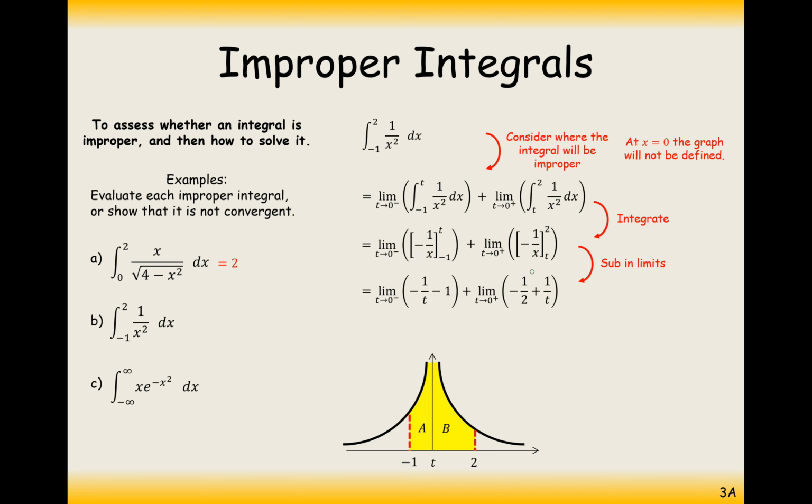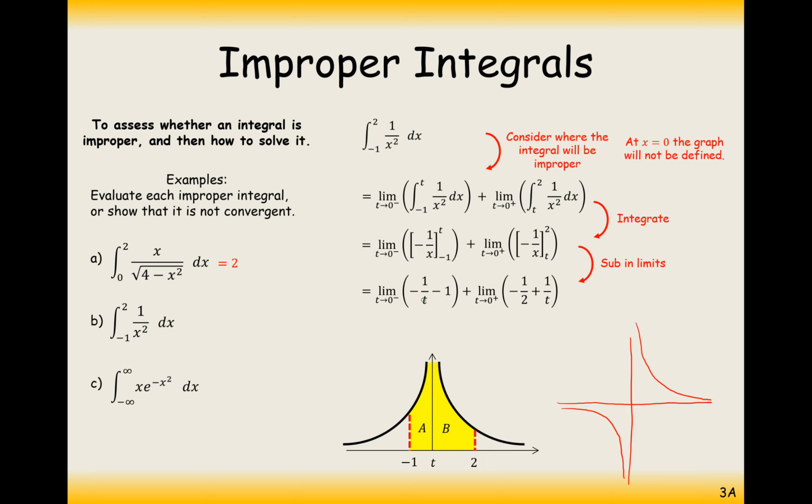We've got the minus a half here, and then we've got the double negative that will be 1 over t. Now this is where it's really important that we have the two different types of limits. It will be the limit going towards 0 on the negative side and the limit going towards 0 on the positive side. So let's just consider what we've got here. We've got the 1 over x graph